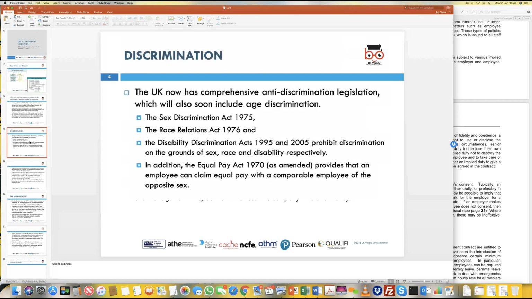Now, when an employment contract is drawn, what we also need to ensure, from an HR perspective, is that they include most of the legislation which has been defined for that country, so that there is no scope for any sort of arbitration related to the employment contract. Now, some of the terms and conditions or acts which have to be adhered to when an employment contract is being drawn are things like discrimination. Now, in the UK, any form of discrimination is dealt with comprehensively by the government, by the employer, and also by the courts. UK over the years has introduced a comprehensive legislation which covers all forms of discrimination.